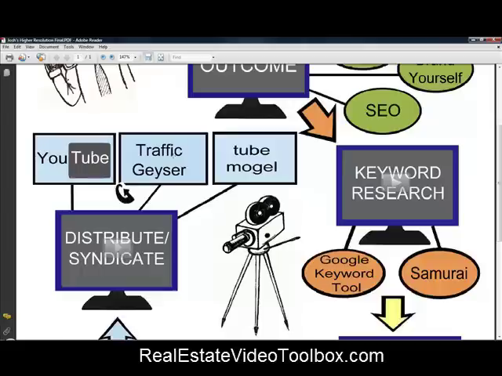TubeMogul is essentially a free version of Traffic Geyser. What TubeMogul will do, and what Traffic Geyser will do too, is let you take a video that you created one time and syndicate it over many different video sharing sites. TubeMogul will allow you to do it to 8, 10, maybe 15. The great thing about Traffic Geyser is it'll do it for up to 100 different sites, so whichever type of video you create, it'll syndicate out to all of those. But you can see results using video marketing by